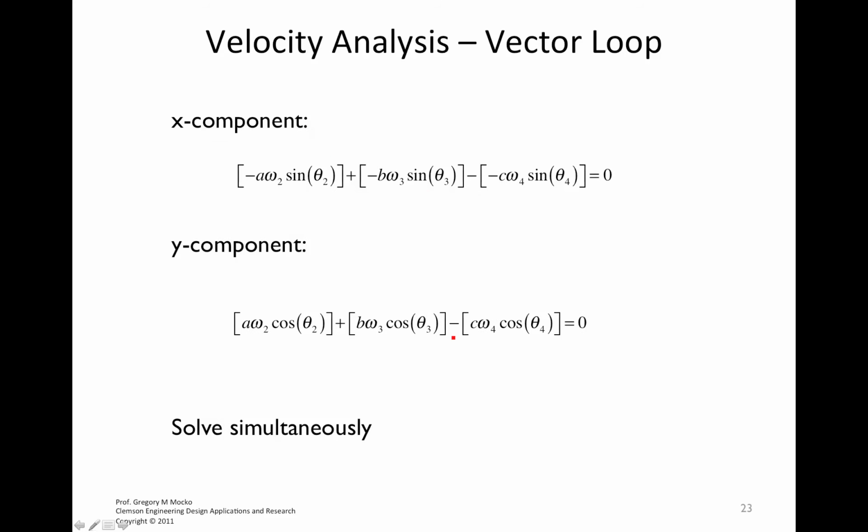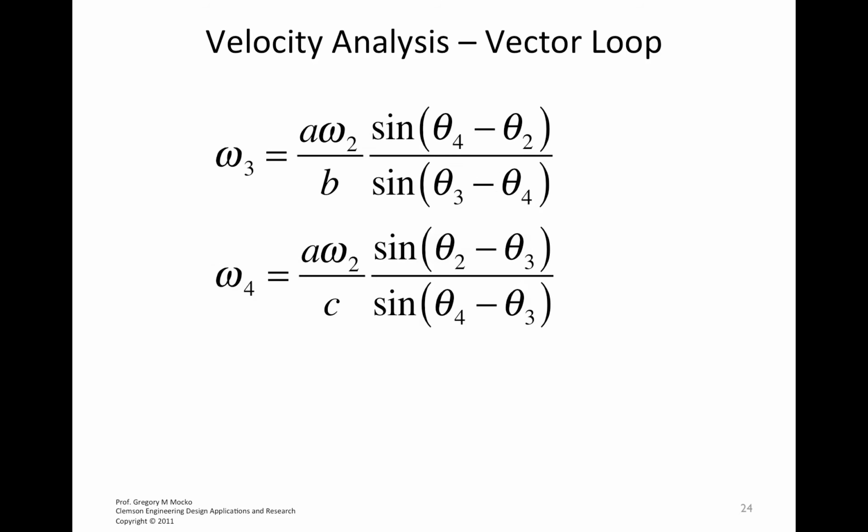So after we simplify that, we end up with these two expressions, and we can solve these two expressions simultaneously. When we solve these two expressions simultaneously, we end up with these two values. So we've got how theta 3 is rotating and how theta 4 is rotating. Now, the signs work themselves out. We determined that positive velocity is counterclockwise, and a negative velocity is